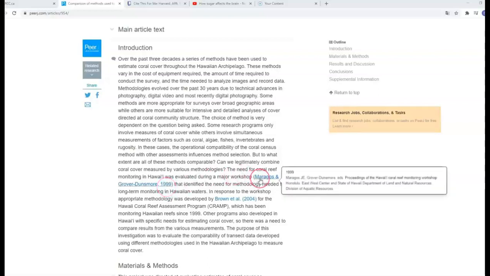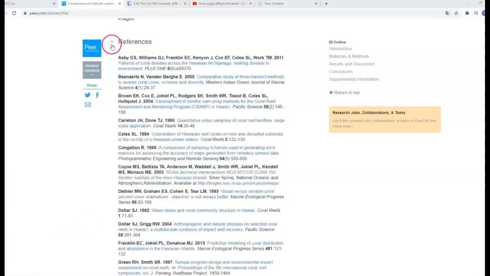That's another system. And when I go on top, hover it, it shows a little box with the full source over here. At the end of the article, they also have a list of references. So here is that list with all of the sources used. When there are no numbers, they put the author's names in alphabetical order, okay, to make it easy for the